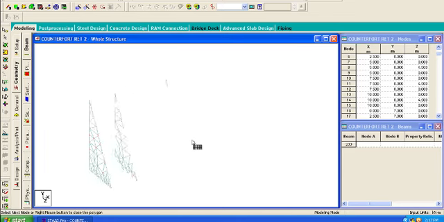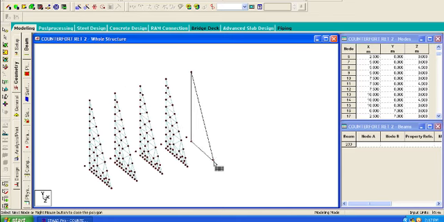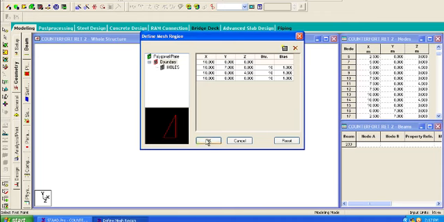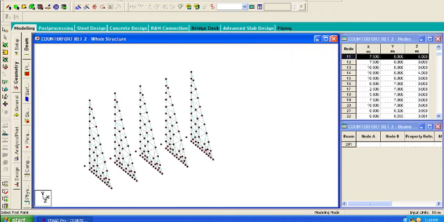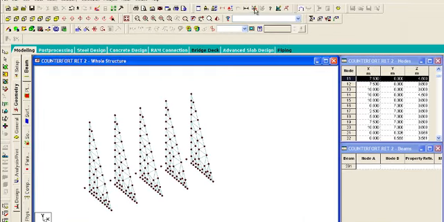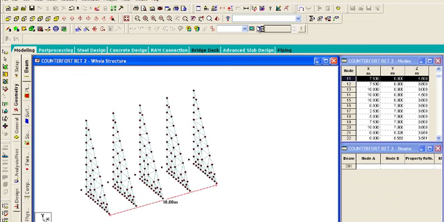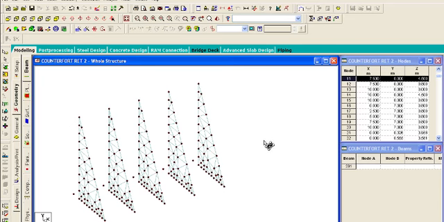We are modeling the counterfort retaining wall for a total length of 10 meters. A total length of 10 meters. Alright,